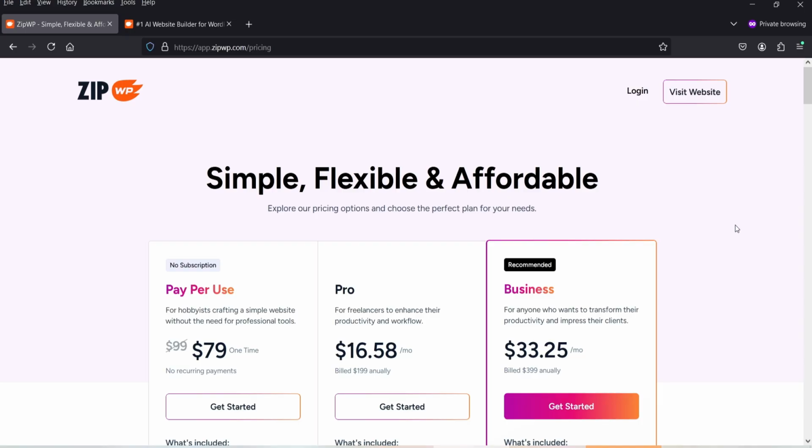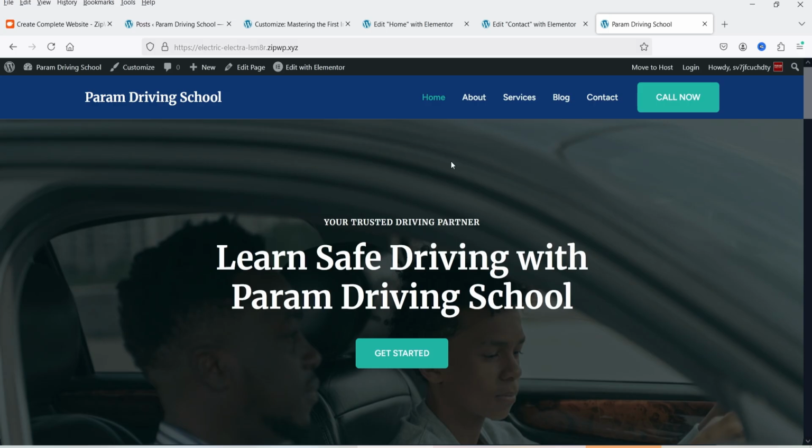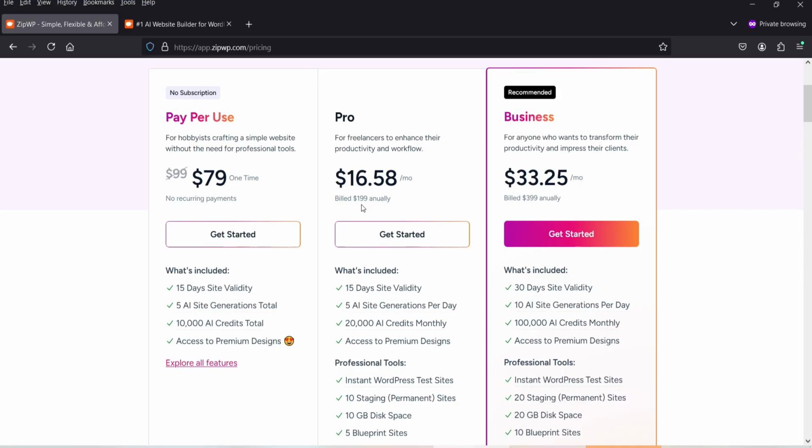If you are a freelancer or website designer, you can create up to 5 AI generated websites every day. Once the website is ready, you can download the website and save it on your computer, or you can migrate the website to the client server, or you can migrate it to your own server. There are many free plugins which you can use, for example, Updraft Plus, or you can also use a backup migration plugin,